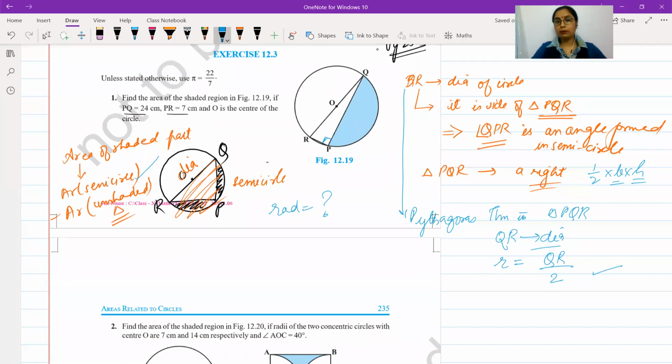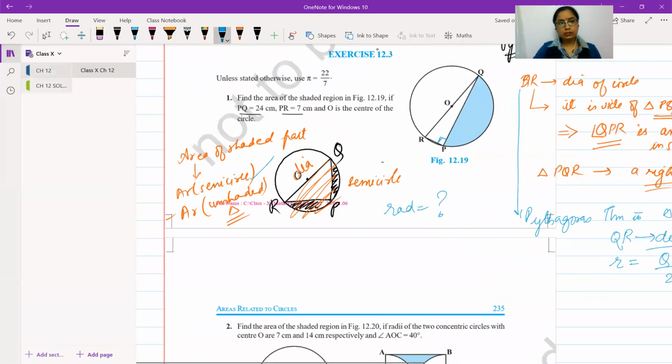Hypotenuse इसलिए find किया है because the hypotenuse of the triangle is forming the diameter of the circle. तो Pythagoras theorem से hypotenuse निकाल लो तो आपको circle का diameter पता चल जाएगा. Then you have the radius and then you can work out what you need. Let's write the answer for this.